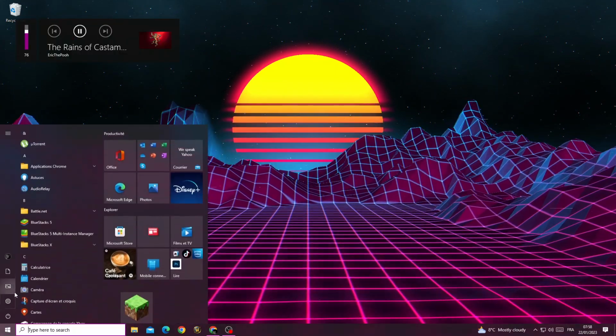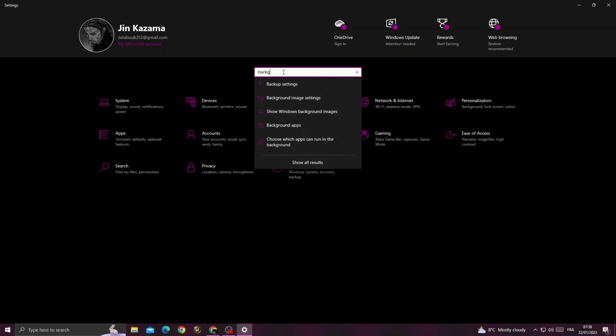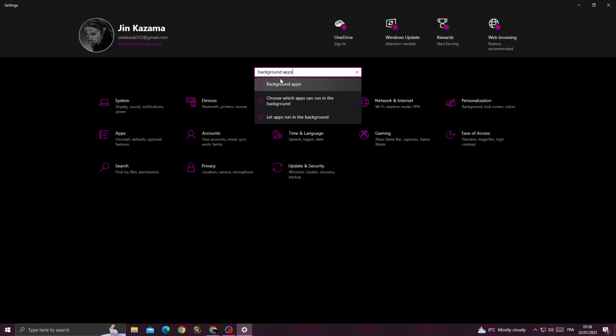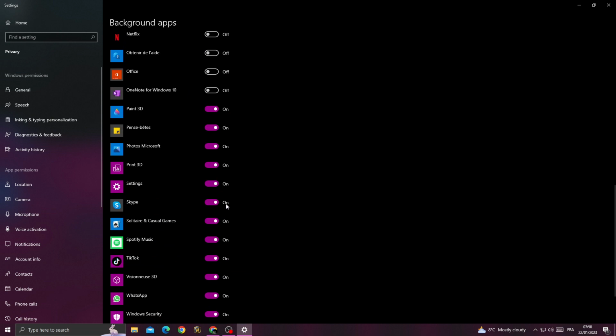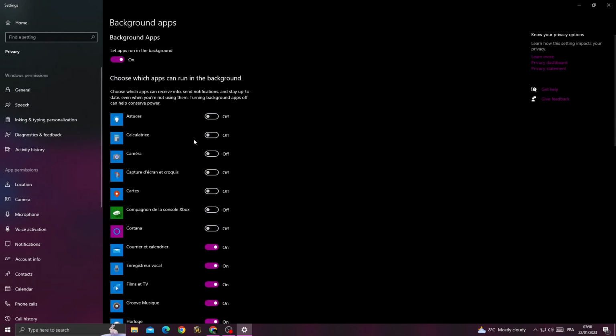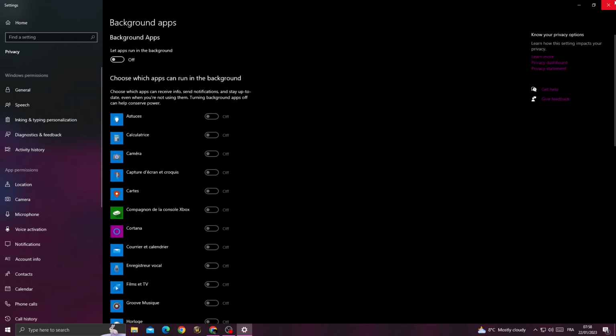just go to settings and then type here background apps and click on it. Now you will find it like that. Just turn off all the applications here, or you can just turn off the first option if you want to turn all of those off. And after that,